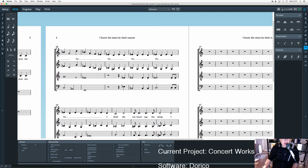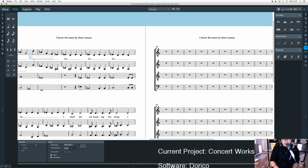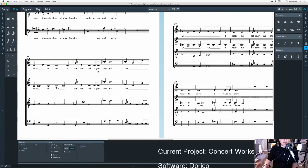I'm going to switch my view here. I think I do want that ooh to break there. And then from there on out, just unbeat one of the measure. All right, folks, we are close to being done with this. Or at least the note input. There's a bazillion things left to do, but